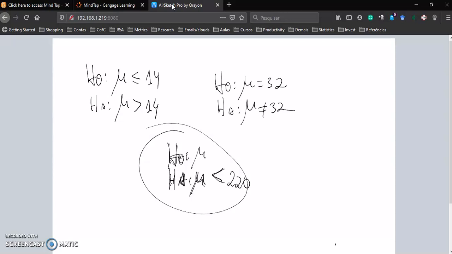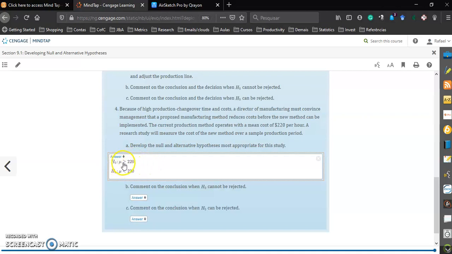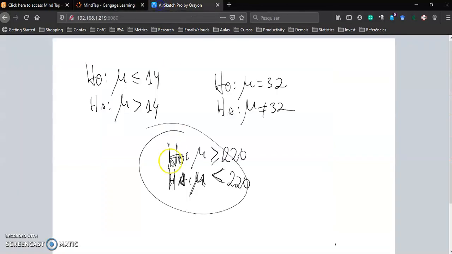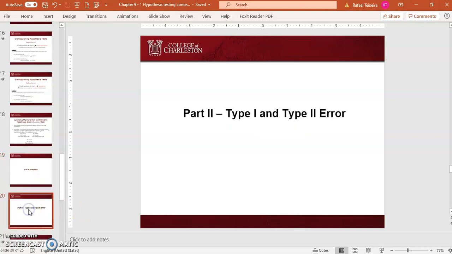The only option I have here is that the current method is higher. Okay, let's take a look. Mean is higher. The proposed is smaller, this is what I did. Okay, so please practice, and I'm going to stop here and talk about type 1 and type 2 error in the next